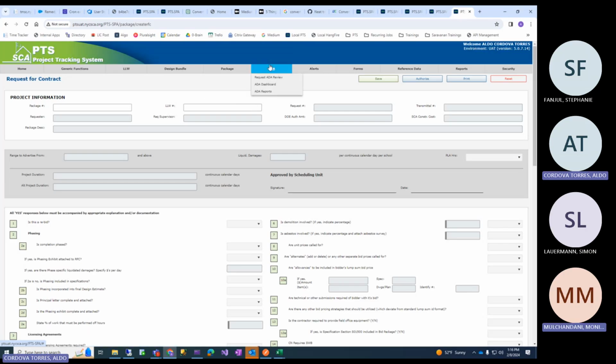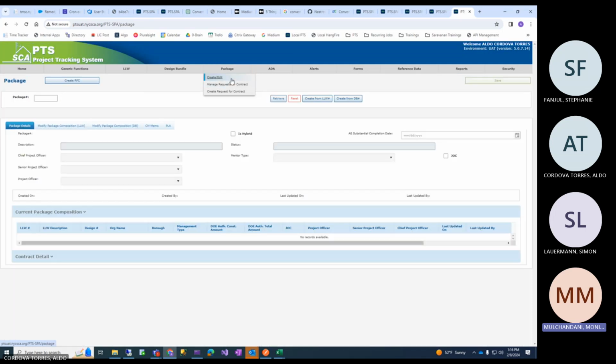Should we go to the next? What is the second one, manage request for contract, and what is create request for contract? Okay, created it. Like in forms we have, right? The manage one is kind of a search and retrieval of multiple records, and the other one is just a form to create. Next is what? For alerts?